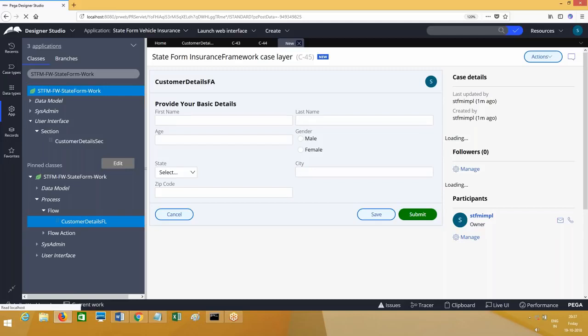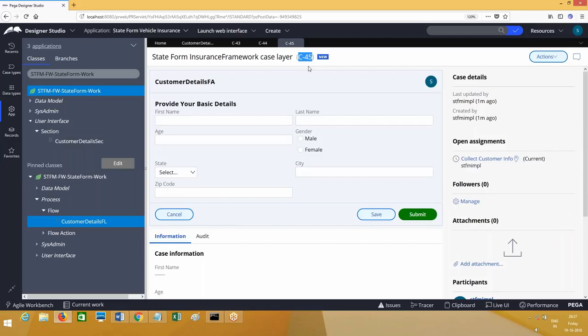That means here case processing is getting initiated. We call it case processing, initiated with an ID created for it, that is called the case ID. When we run the flow, case processing is initiated and an ID is generated for it, called the case ID. So what has been created in the background is a case.